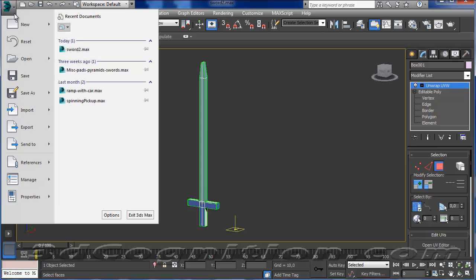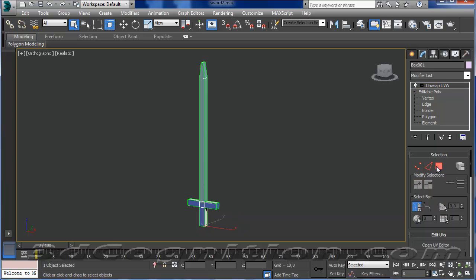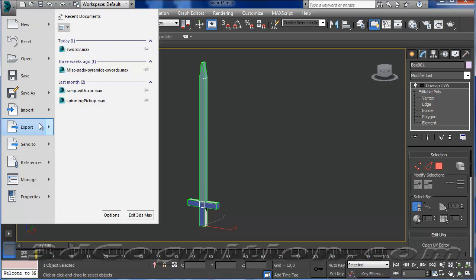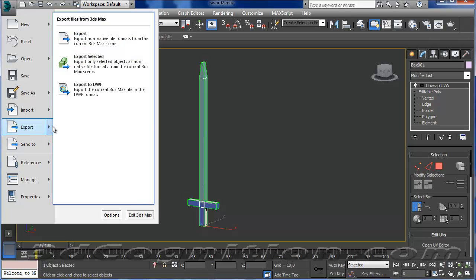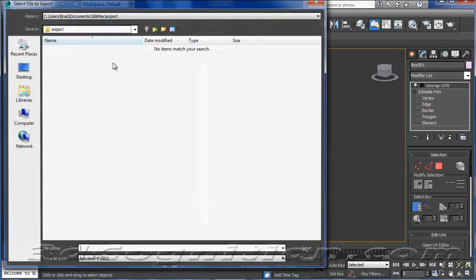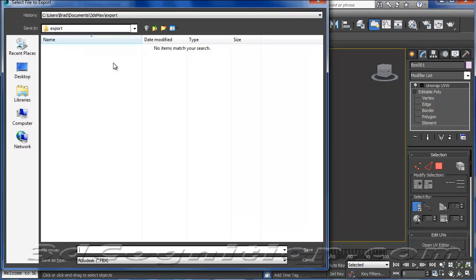And let's FBX it out. So it is selected. I'm in a sub-selection mode, and I don't like to be in that when I save things. So I'm going to go File, save, or export selected, and